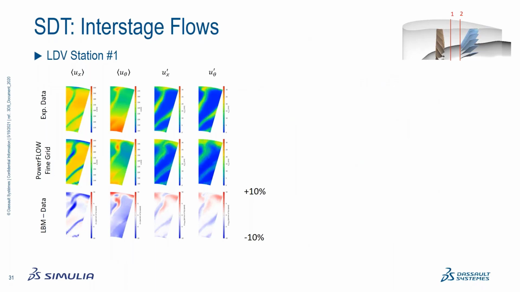Now we also here have some nice experimental data that we can compare our results to. The top row is the experimental data. The middle row are the PowerFlow results on the fine grid. And at the bottom, we calculate the difference between the 2 of them. The quantities that are shown from left to right are streamwise velocity, spanwise velocity, streamwise velocity fluctuation, and spanwise velocity fluctuation. And I'm showing this for 2 different locations, one close to the fan and the second one close to the